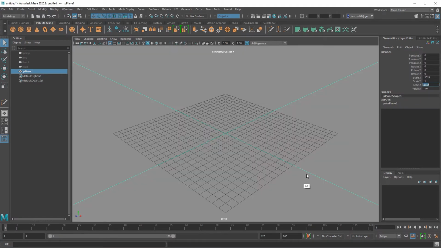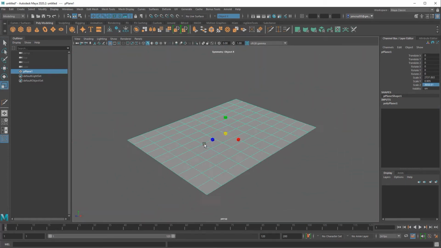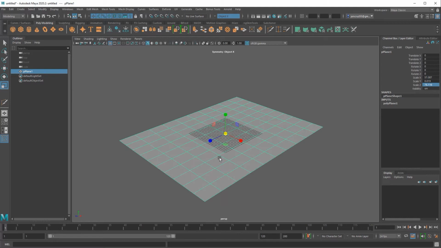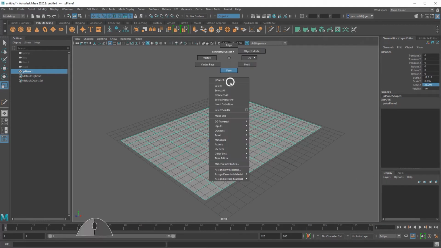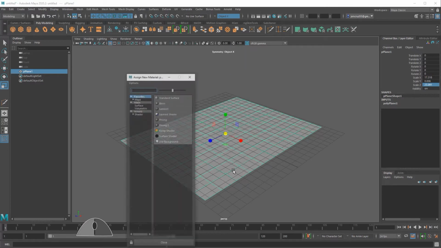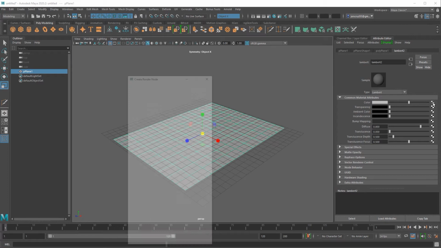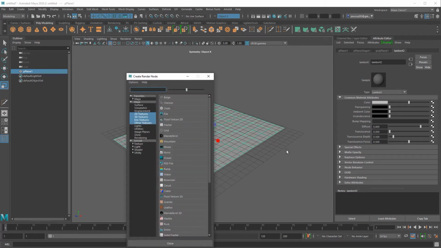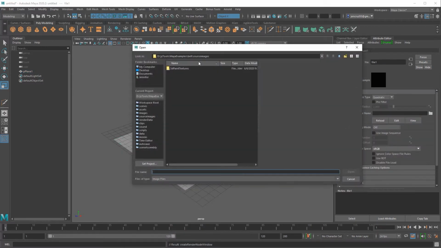Now, obviously this is way too big, but I can use the middle axis of the scale tool to scale it down proportionally. Now that I've got it in a reasonable size that fits within this grid, I'll create a new shader, and under the color, I'll click on this checkerboard icon. That checkerboard icon allows me to plug in something into that color attribute. So what I'll do is I'll plug in a file path. And in that file path, I'll select this little folder, and I'll be able to navigate through my files and